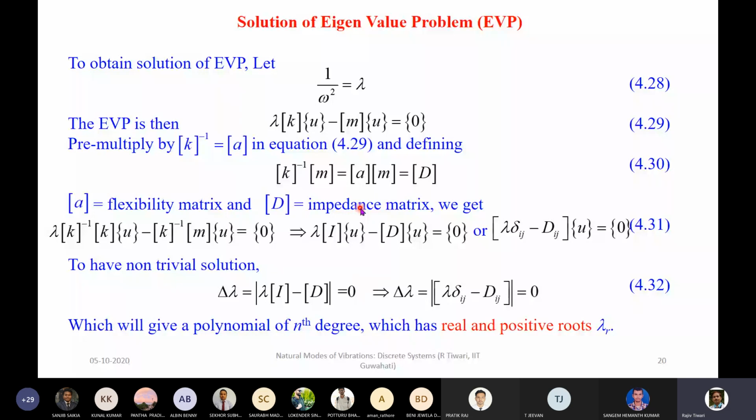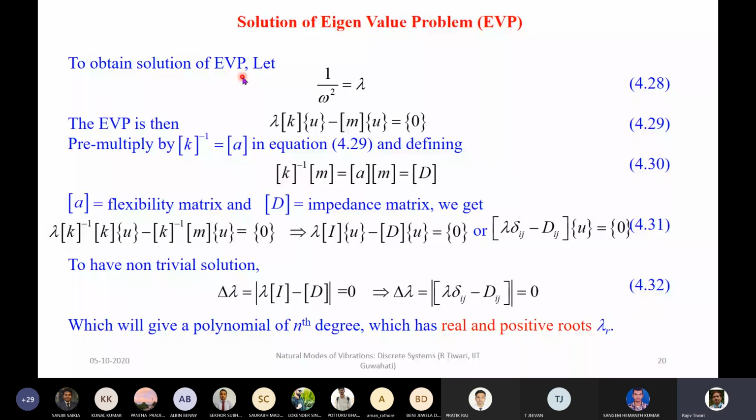Okay. So now we'll take up a method of how we are able to solve the eigenvalue problem. This is especially good if we are developing some code for a bigger problem, but from an exam point of view, we'll be having either a 2 by 2 matrix or a 3 by 3 matrix, so hand calculation will be okay. But this is one procedure I'm explaining, and maybe in a subsequent class I will give a numerical example for this also. So here the eigenvalue problem